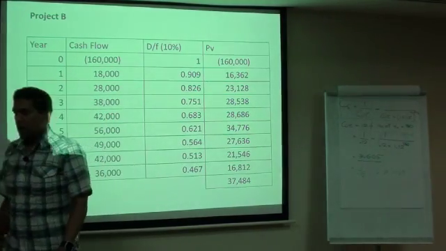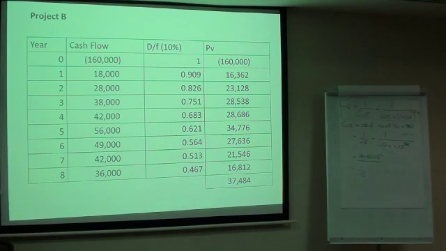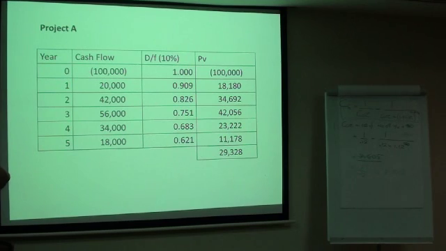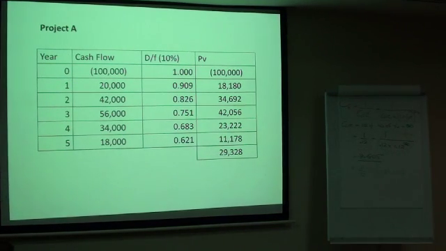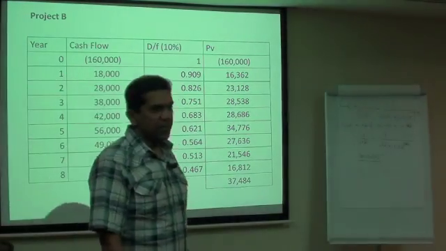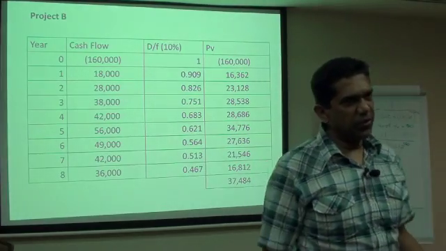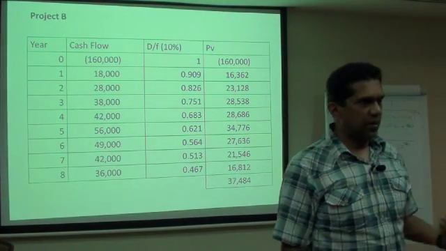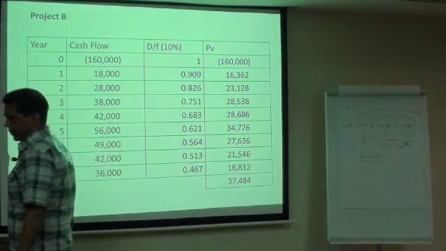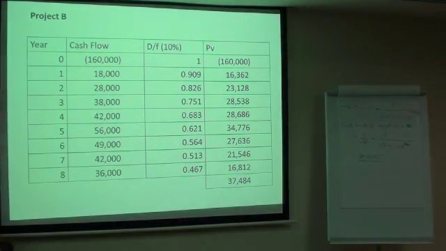Now, which project is better if you are to pick one out of the two? A 29 million project which will give you 29 million within 5 years is good, or 37 million over 8 years is good? From a risk perspective, it's always good to go for short-term projects and forego the capital, like what we said just before lunch. But from a financial perspective, which one is better?